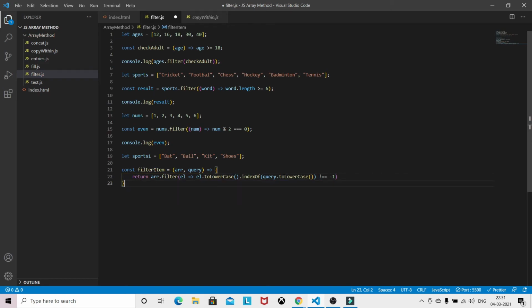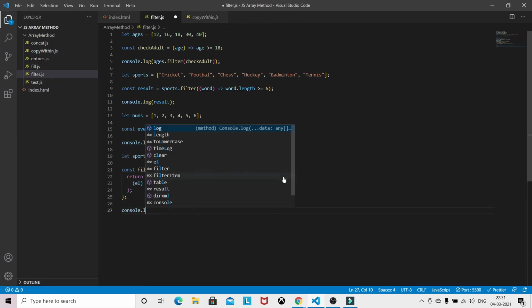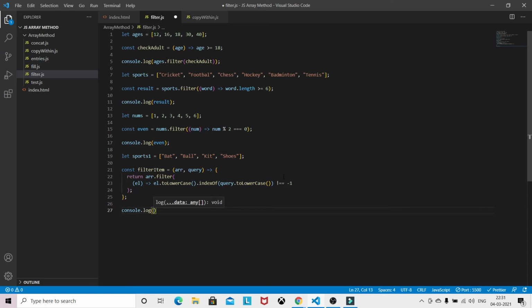So this is the one, and we are checking. We are performing a kind of searching. For filtered item, we will pass this sports array, and suppose I am passing only 'ba'.